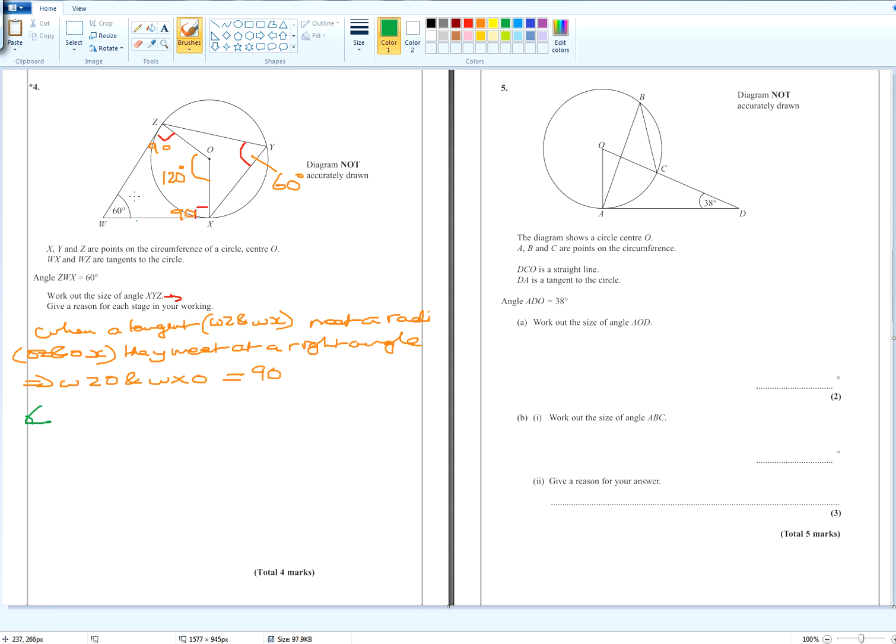Angle ZOX is equal to 120. Why is it equal to 120? Because the angle sum of a